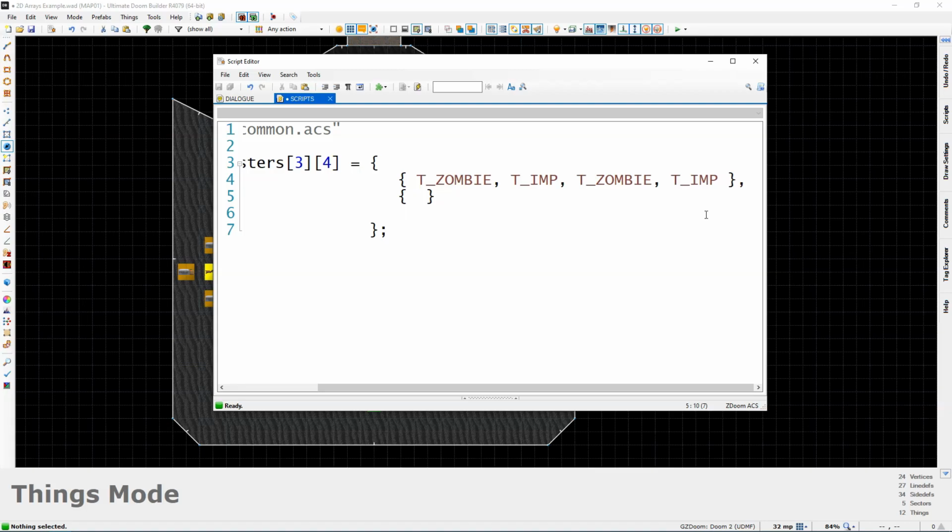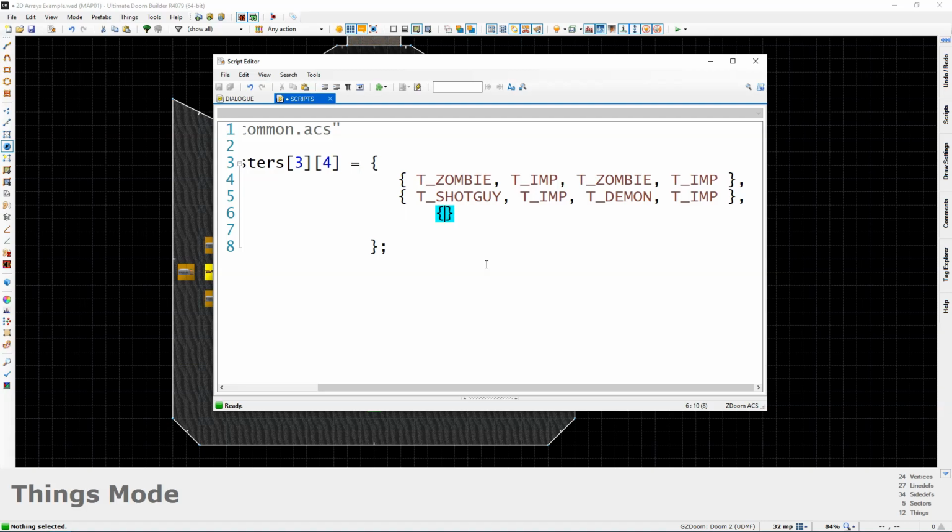So since this is the second wave, the second wave of 3 waves, I should say, I'm going to make this just a little bit tougher. So instead of just a plain old zombie man, we'll put in a shotgunner. So we'll type T_shotguy. I almost put shotgun. That would be the weapon. Shotguy, that's shotgunner guy or former sergeant. And then we'll go with another imp for this. And then after the imp, we'll just throw in a pinky, which is T_demon. And then the last monster in this wave will just be another imp,